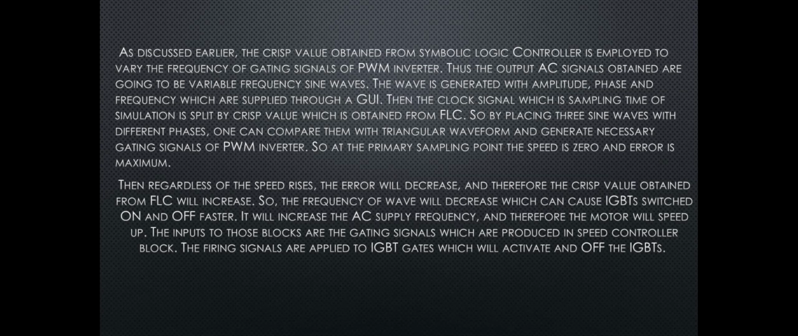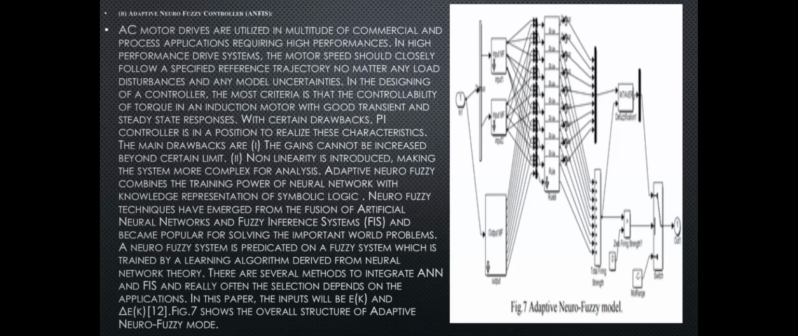The inputs to those blocks are the gating signals, which are produced in the speed controller block. The firing signals are applied to the IGBT gates, which will switch the IGBTs on and off. And the second,